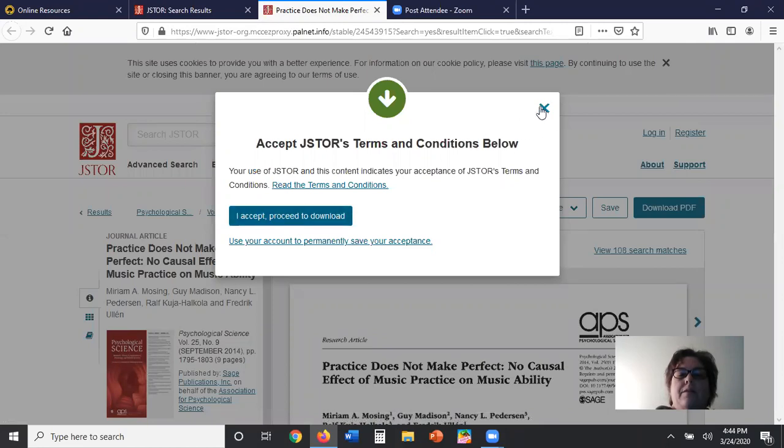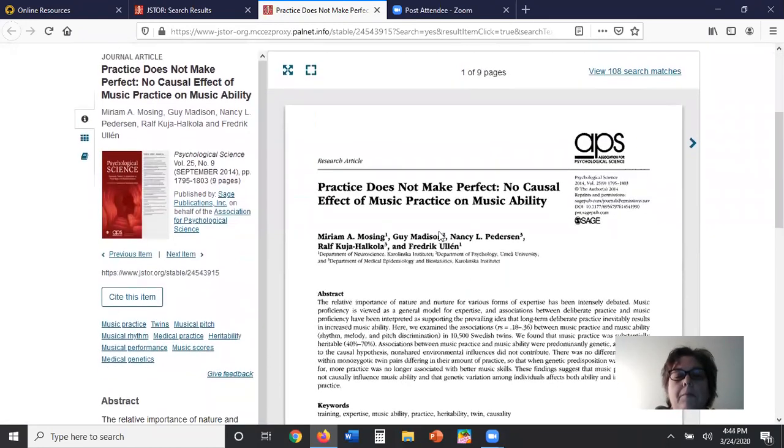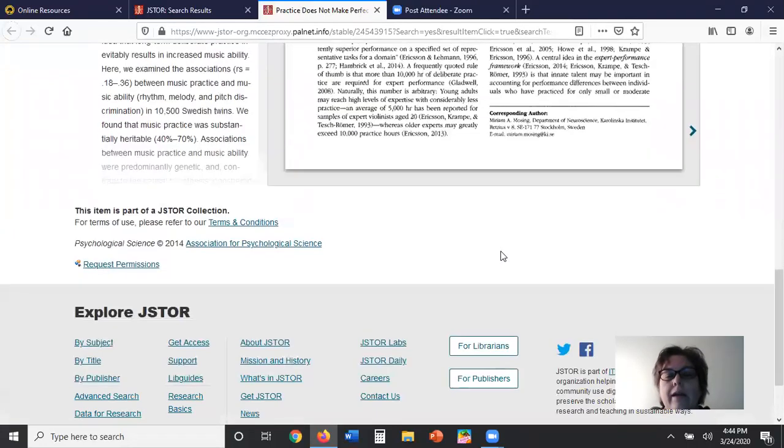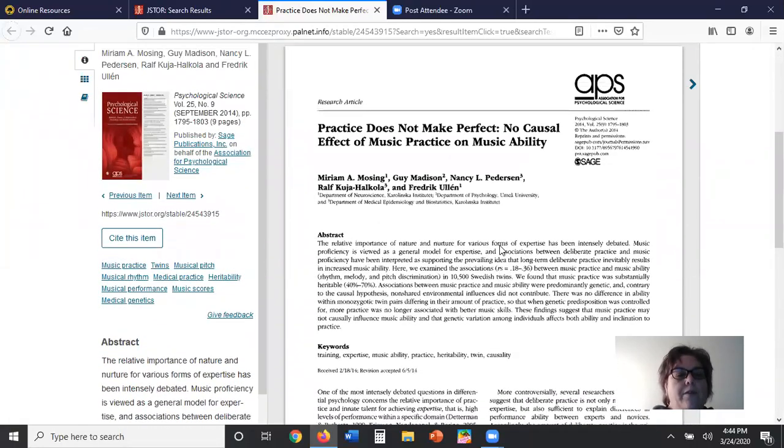I accept their conditions, etc. I'm going to read the abstract here, though. The relative importance of nature and nurture for various forms of expertise has been intensely debated. Music proficiency is viewed as a general model for expertise and associations, and so on. So it goes along, right? And basically, it's talking about whether or not